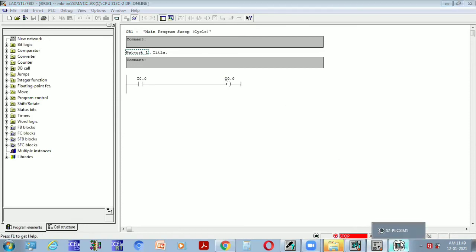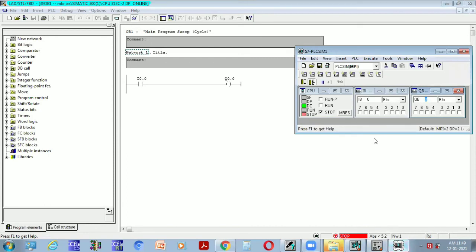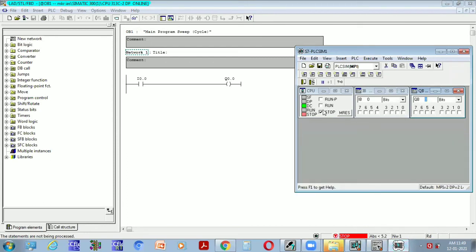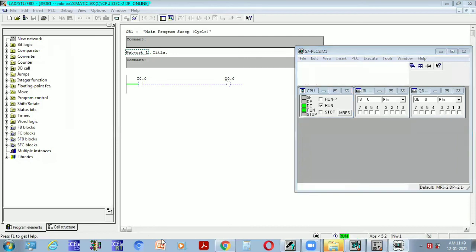Next, open the simulator. Then click on Run. Then we will go to run mode. So IB is nothing but input, QB is nothing but output.